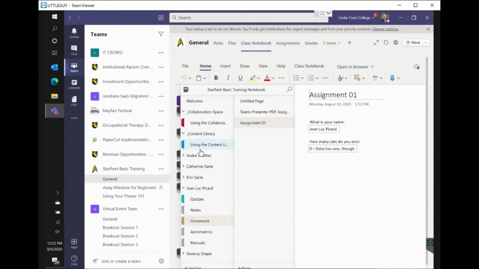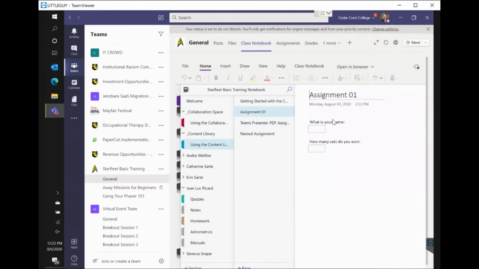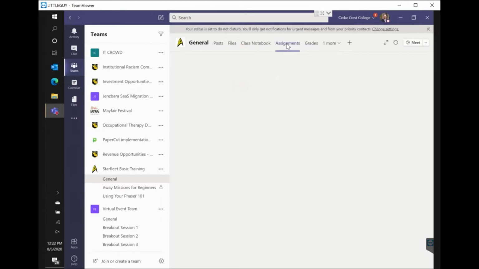Now, to contrast this real quick, I can come back to my content library and look, this is that assignment that's blank. And when I get over to assignments, I'm going to show you how that works real quick. So that is a quick overview of the class notebook. If we come over to assignments,